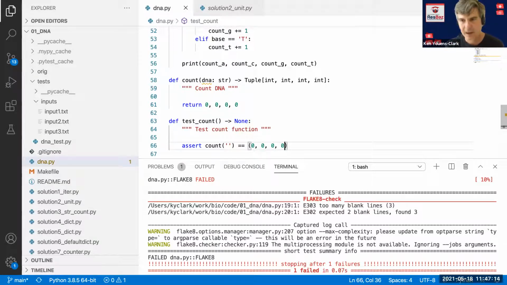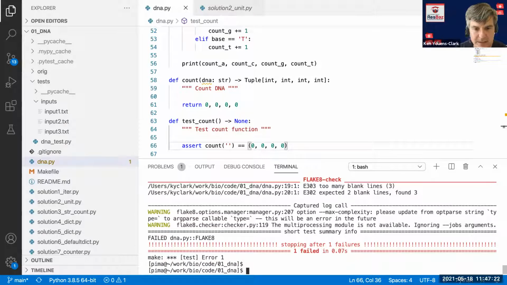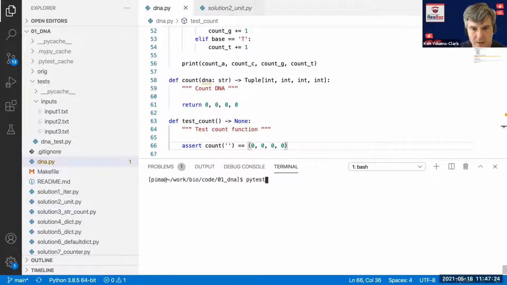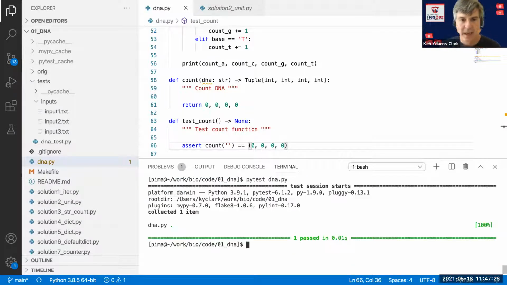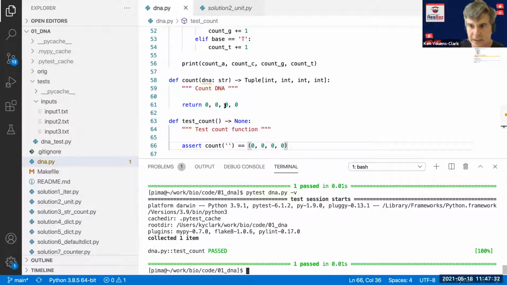I've thought about a function that I want to write, and I write a test for it. And I can run PyTest on this dna.py, verbosely with -v. It looks inside the dna.py program, finds the function called test_count, and runs it.